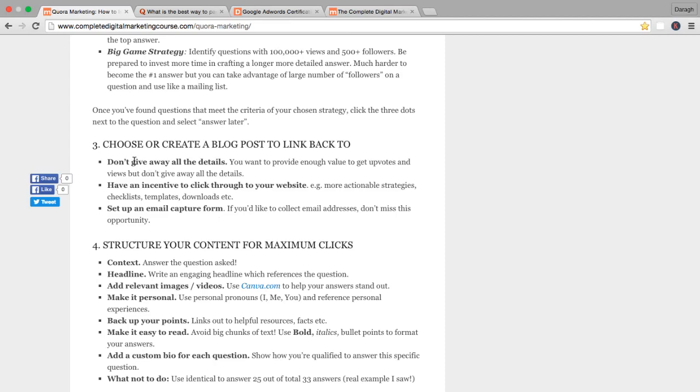So to recap, consider these points before you start to choose or create the blog post to link back to. The key message is you need to have an incentive for people to click through. Now, take some time to think about that. Remember, look at the answer later questions you've already got. And then in the next lecture, I'm going to show you how to actually